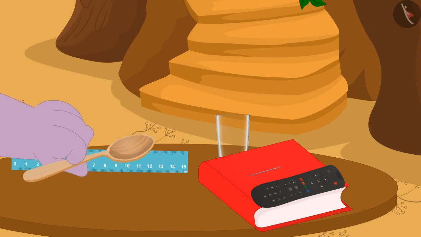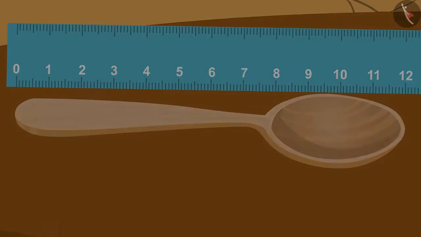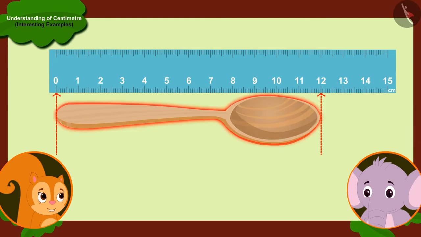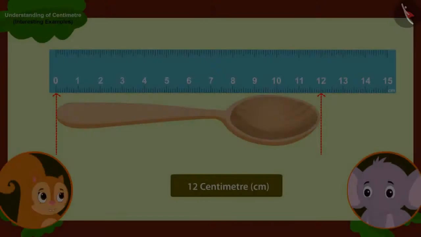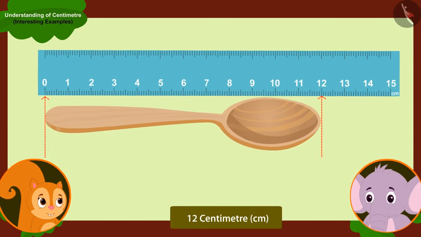He placed the spoon next to the ruler in this way and said, Look, your spoon is 12 centimeters long. Chanda could not understand how Appu found this out. Appu said to her,